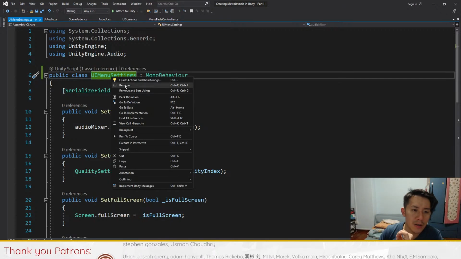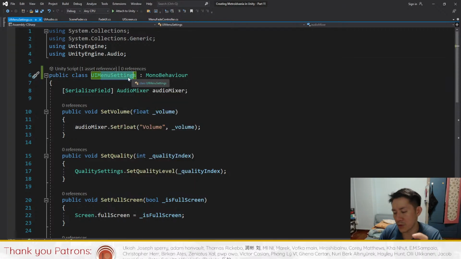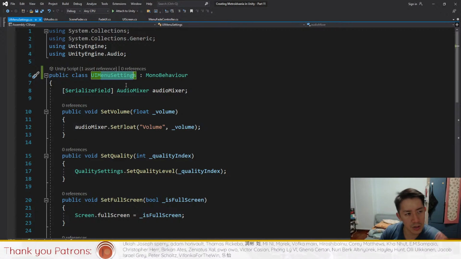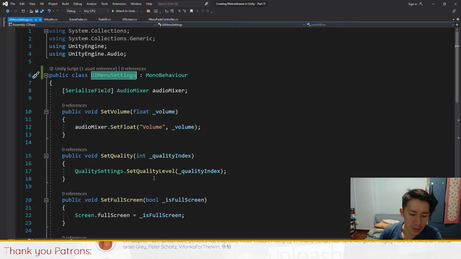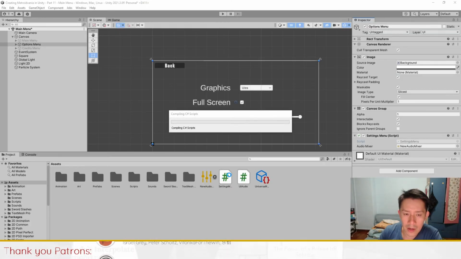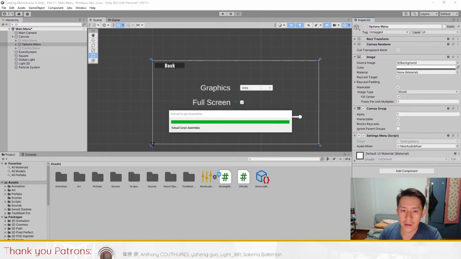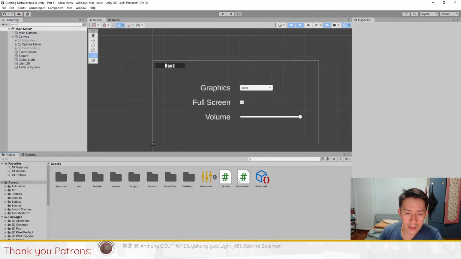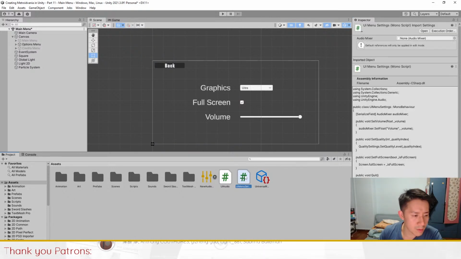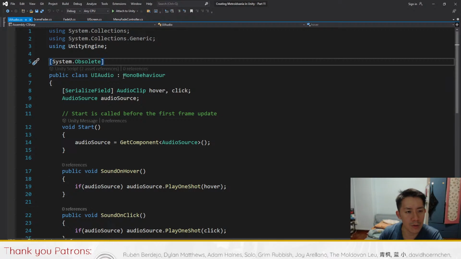Make sure to right click and do rename. Don't just change the name over here, because if you do this from the Visual Studio Editor, then this automatically changes all your other scripts to reflect the new name as well. So it saves you a lot of work. This renames the file as well, by the way. And after a bit of loading, this will change the name of the script. I'm just going to move this script right here into the UI folder so that it's together with the UI screen. Second thing I'm going to do is to replace